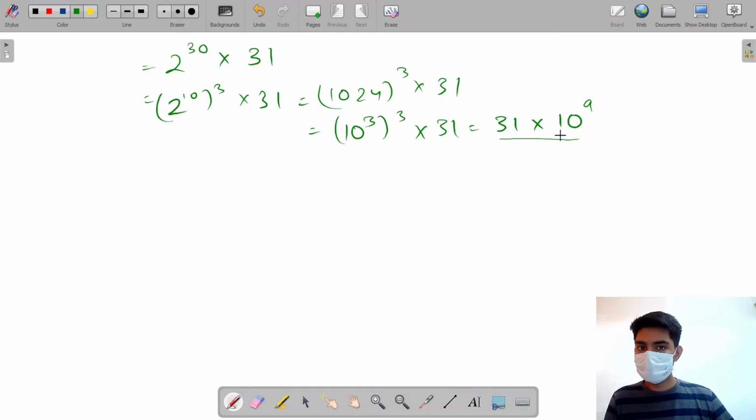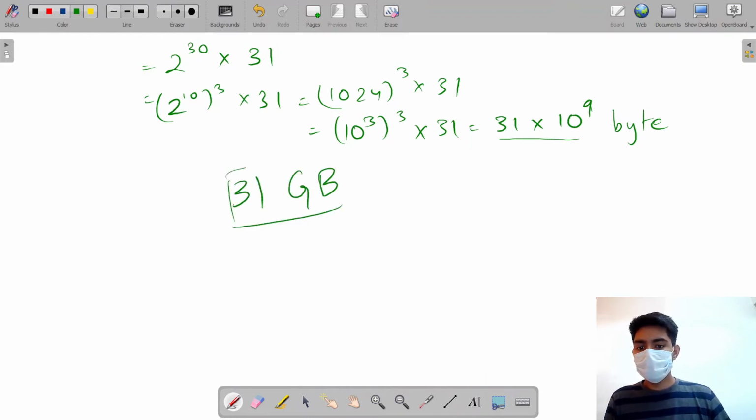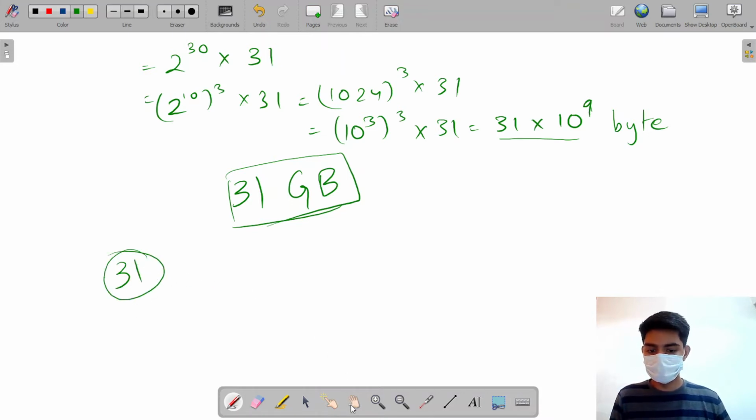Now every single character will have 1 byte. So my total storage would be 31 times 10 to the power 9 bytes, which equals 31 GB. Now I would need 31 GB of data just to get the subsequences of a string of length 31.